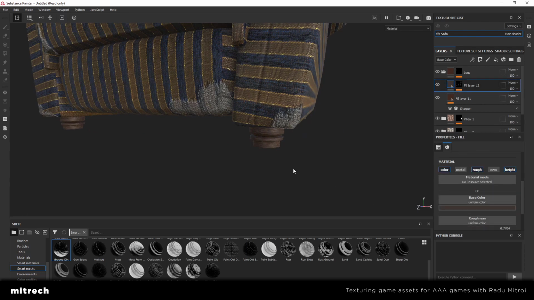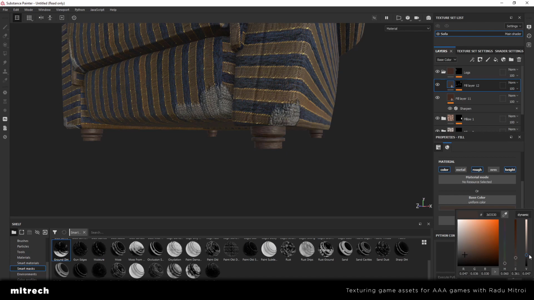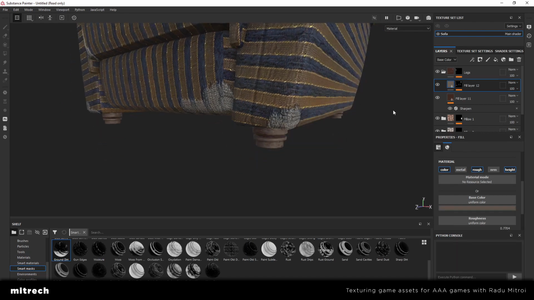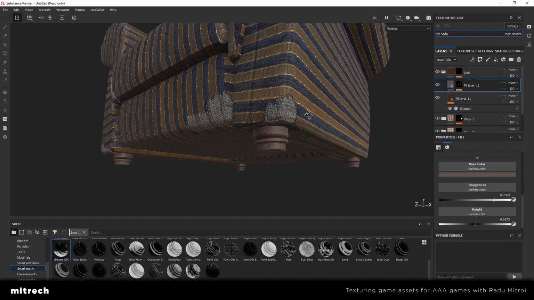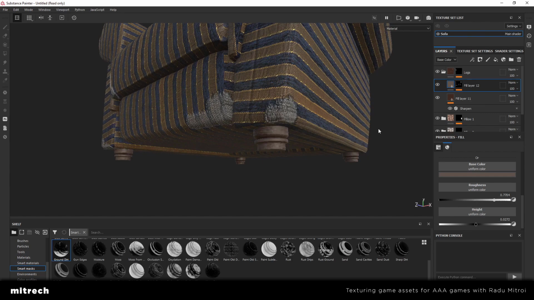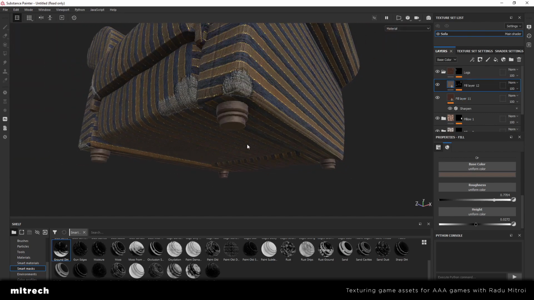I want to change the color because it's blending with the leg too much. There goes something like this. Yeah, that's looking a lot better. So this is what we got for the legs. And if we really want to do